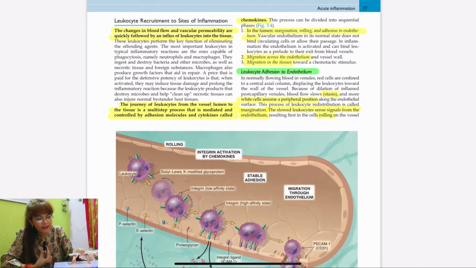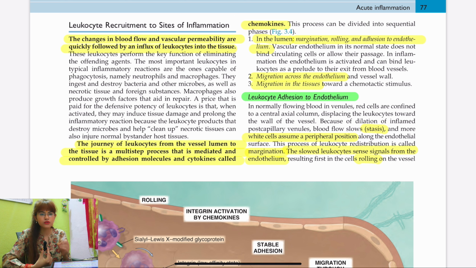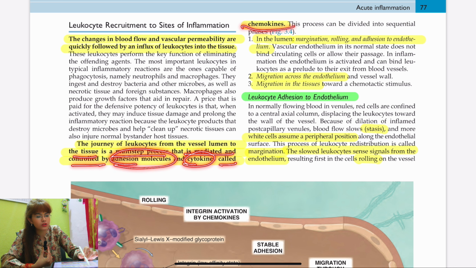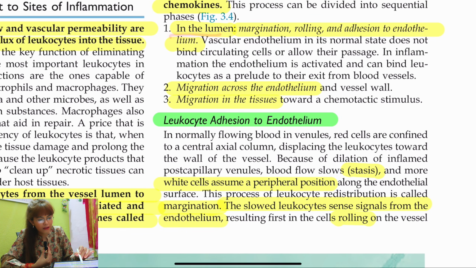So if we talk about the leukocyte recruitment to the site of inflammation, this is the main idea. The main idea is to fetch these neutrophils and bring them to the site of inflammation. Okay, and this journey of leukocytes from the vessel lumen to the tissue is a multi-step process that is mediated and controlled by adhesion molecules and cytokines called the chemokines. So very, very important. So what happens is, in the lumen you have margination, rolling, and adhesion to the endothelium. And after this adherence, there's going to be migration across the endothelium and migration ultimately to the tissues where it